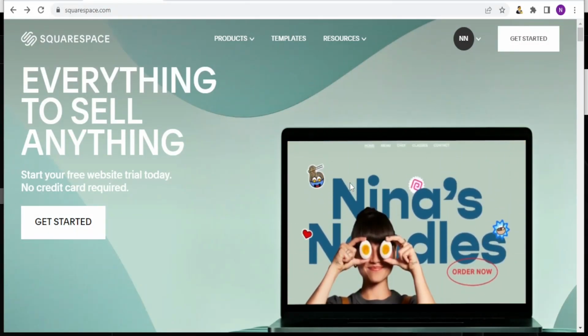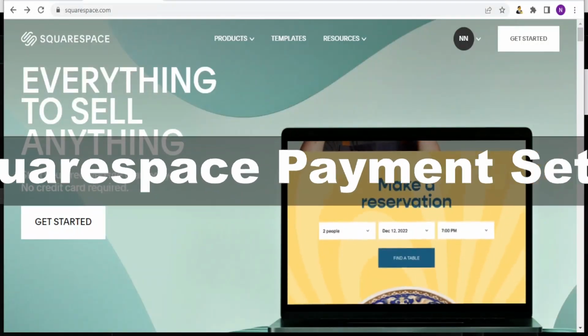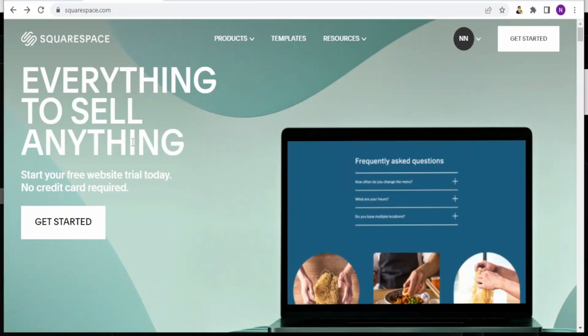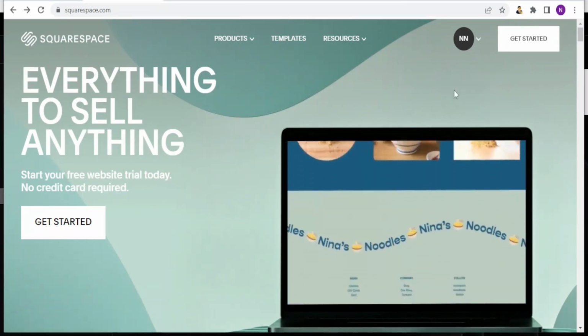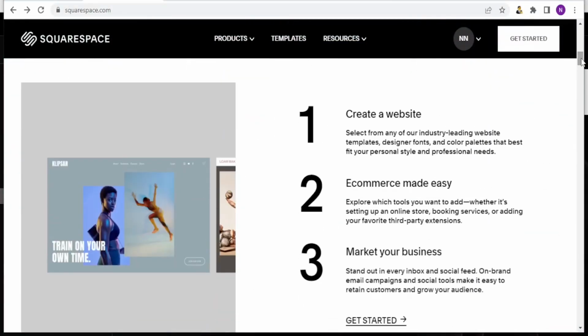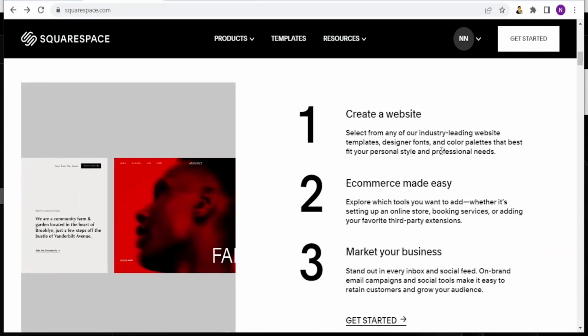In this tutorial, we are going to be learning how to add payment method to Squarespace. Now, Squarespace is a site where you are able to create a website for free, and it is greatly in use by many people. You can create a website, and this you can create using templates and designer formats and